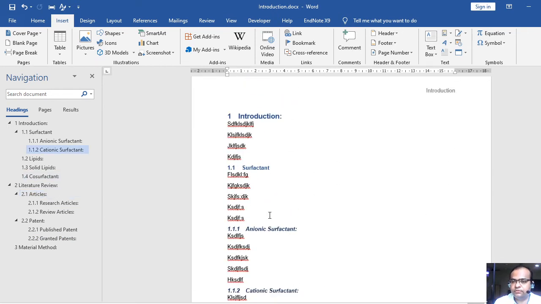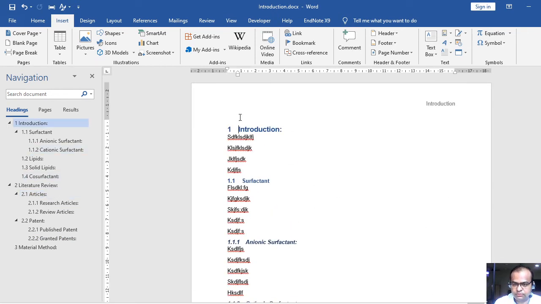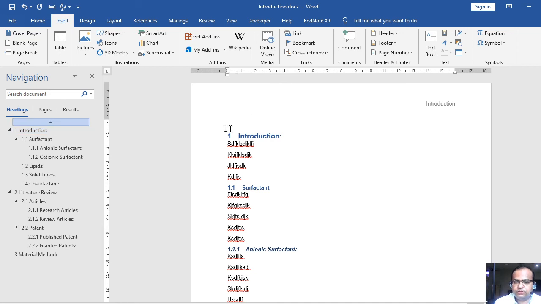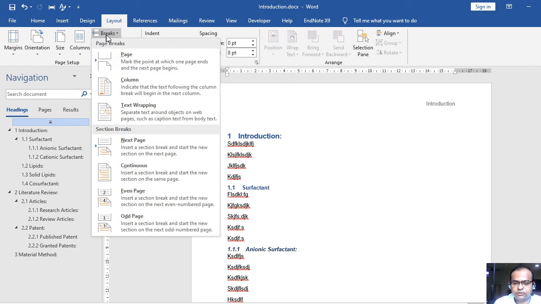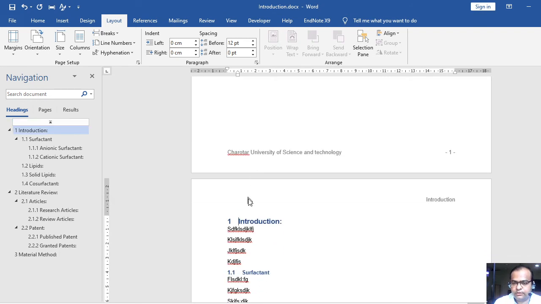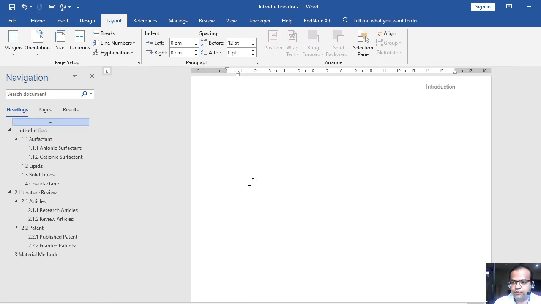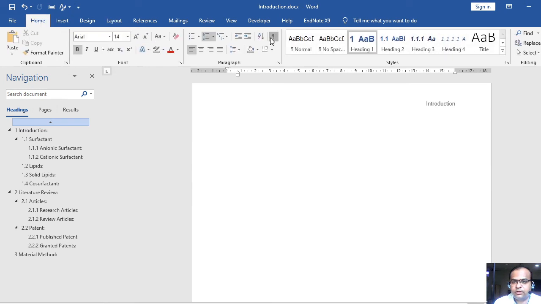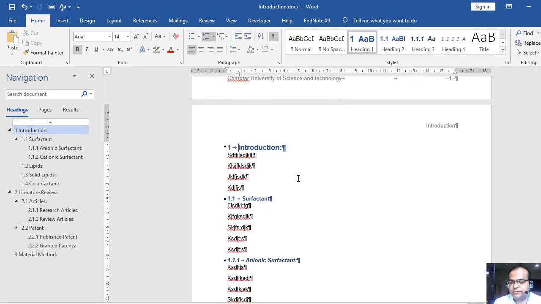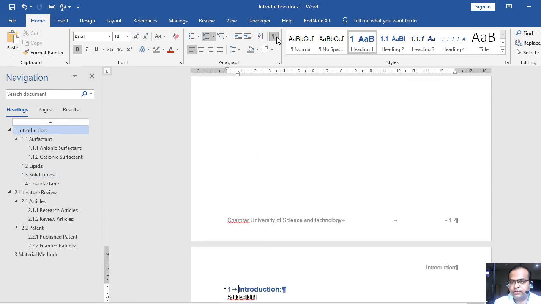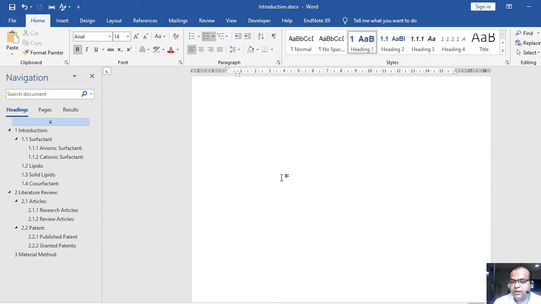Now what is its advantage, why should we manage in this way? Suppose I want to insert a table of contents here. So it's obviously a newer chapter, so I will give a page section break here. So look at this, I have just added a newer page. Look, here I have given a section break, right? By just clicking this symbol in the paragraph group, you may see the formatting in your text, right? And just disabling it, it will disappear. So I have just added one section here.